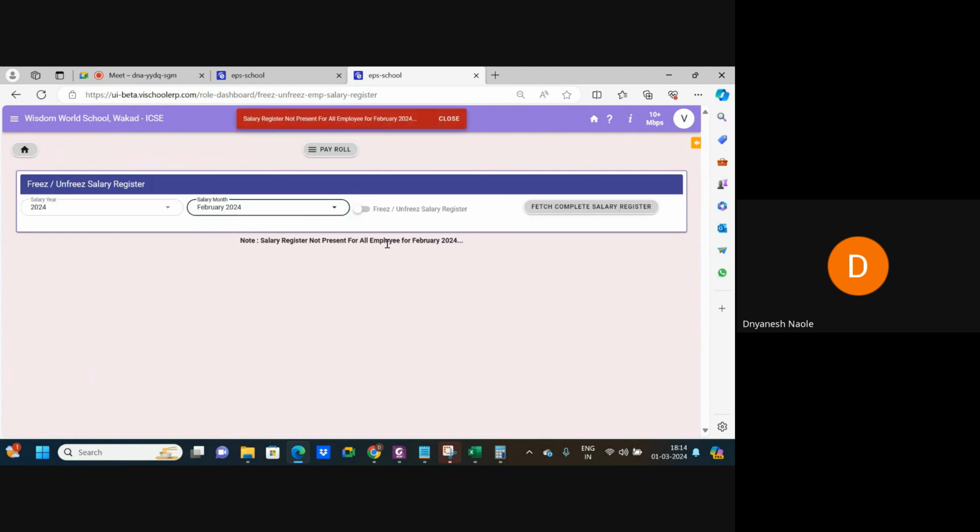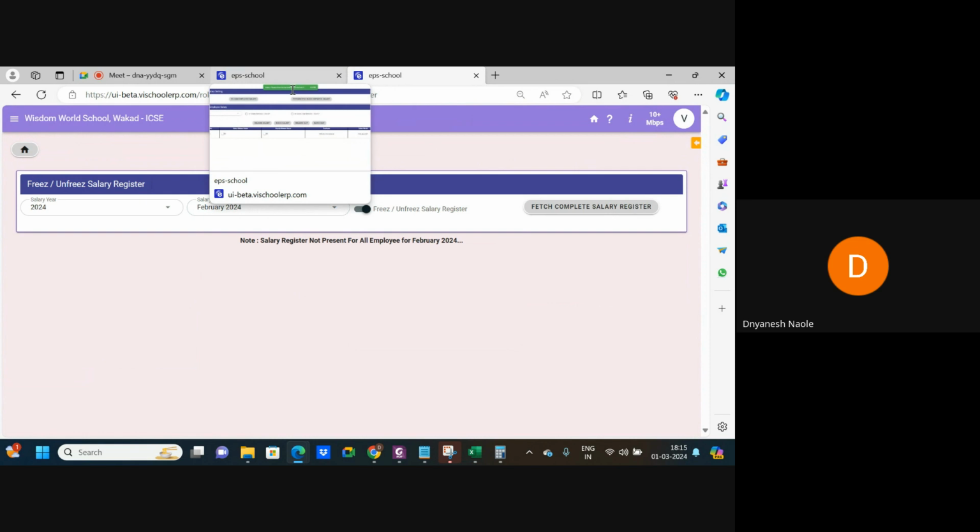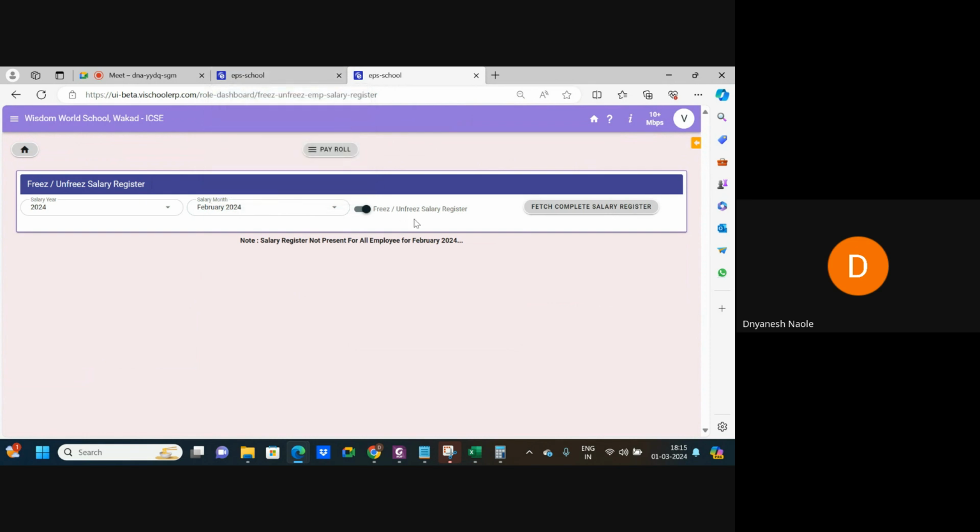Okay, so that time he goes here and he can freeze the things. Okay, so once this toggle is on, that the salary is freezed, even if you do any changes in the salary registers of that particular month, okay, nothing will change in the bank advice, okay, which has to be sent to the bank for salary credit. Okay,